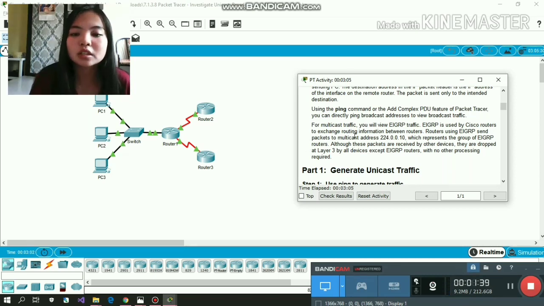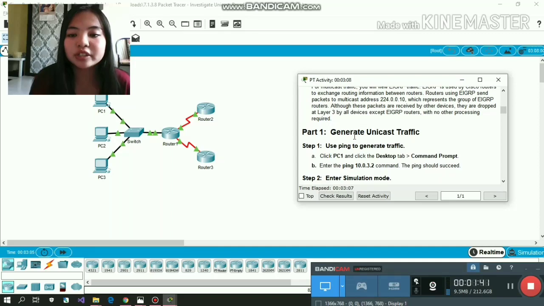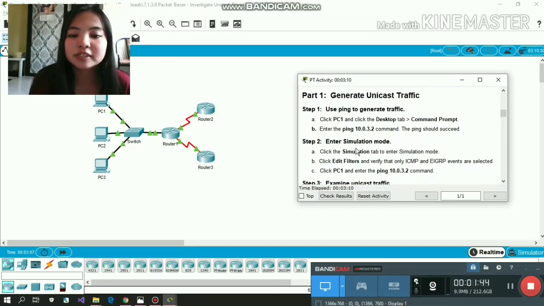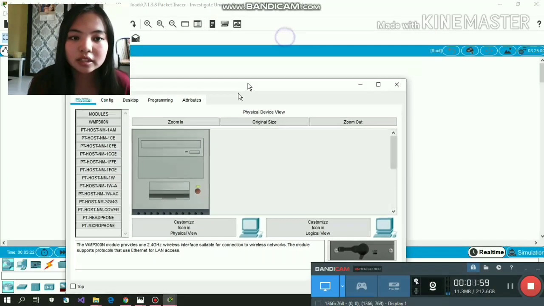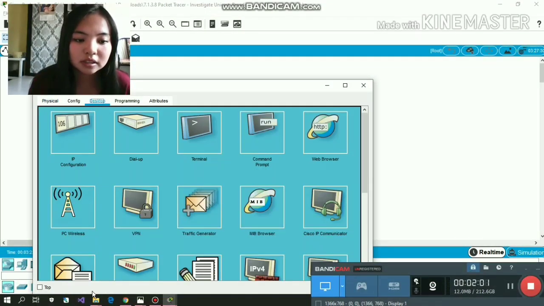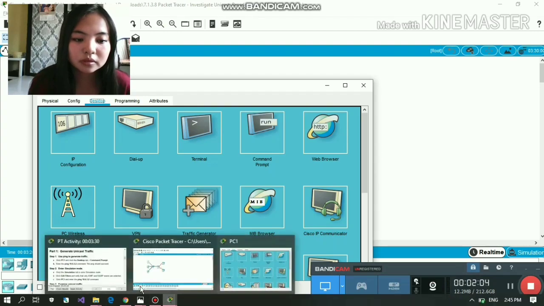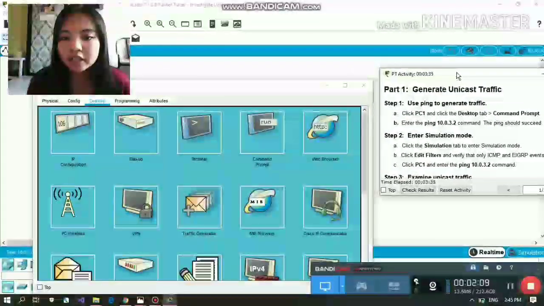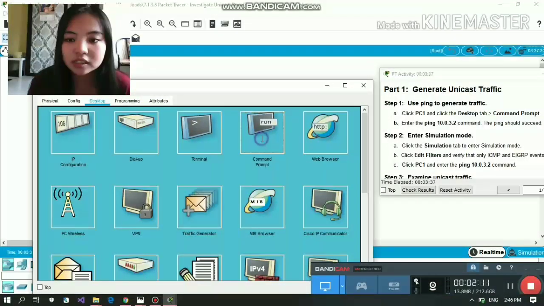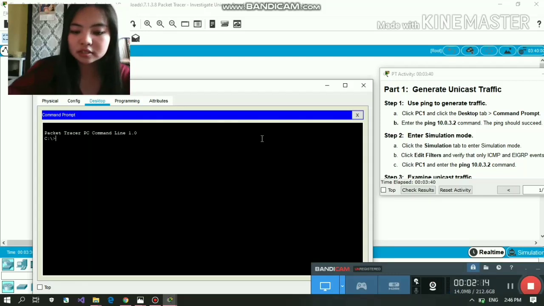So, from Part 1, which is generate the unicast traffic, from Step 1, just click PC1 and click the Desktop tab, then Command Prompt. So, click PC1, then the Desktop. After that, the Command Prompt, which is this. Then ping